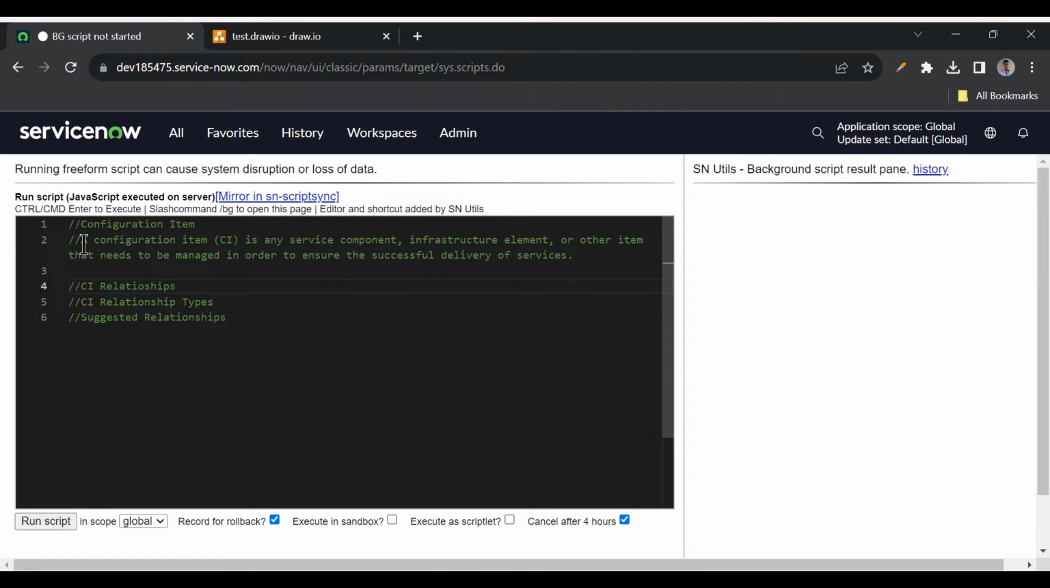If we go by definition, a configuration item, in short called a CI, is any service component, infrastructure element, or other item that needs to be managed in order to ensure the successful delivery of services. So what it means is software is also a configuration item, hardware is also a configuration item. Okay, so let's go to tables,